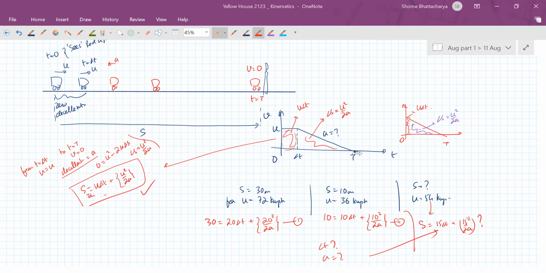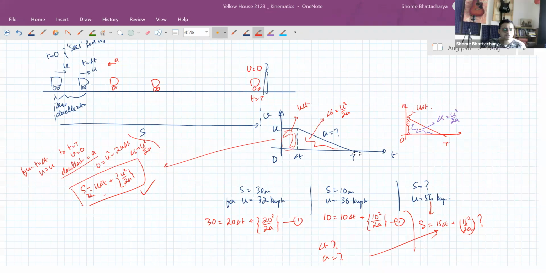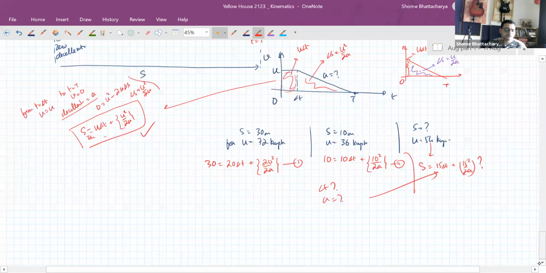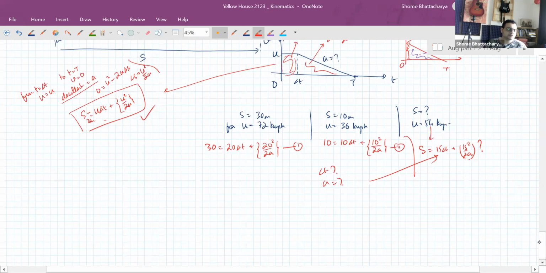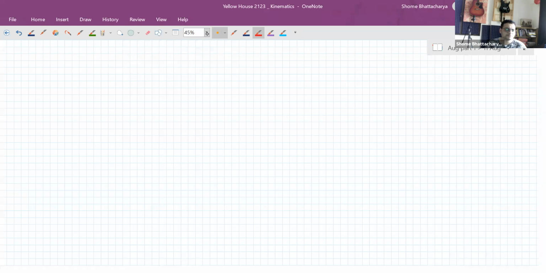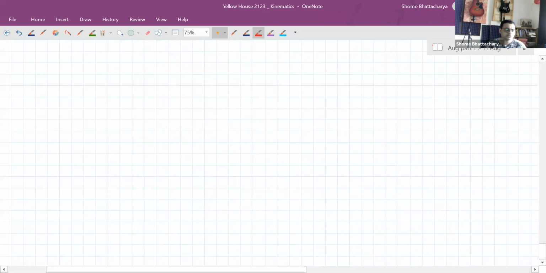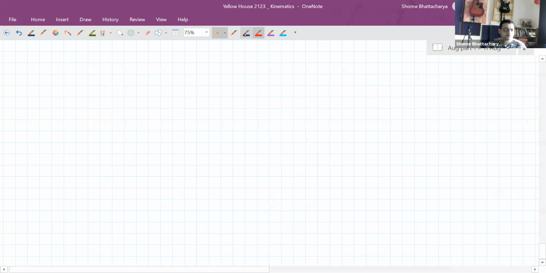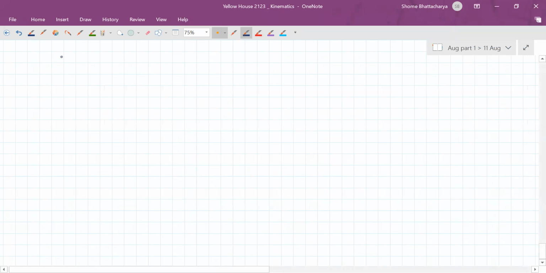The problems which will be coming will be similar to what you did in set one. Set one is actually a little beyond what will come in the test, but you can use set one as the guideline. Just basically go through the questions we have done in the last two lectures and in today's lecture also, including vertical motion as an application. It should give you the guideline of what is coming in the major test. Okay. So now we will see